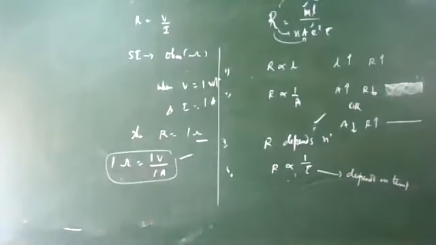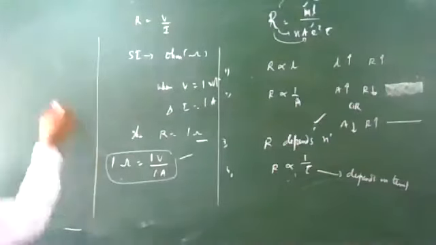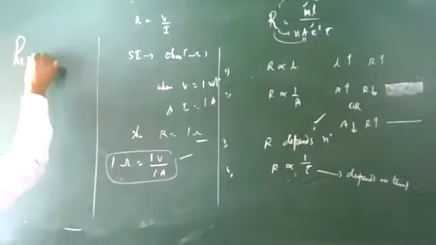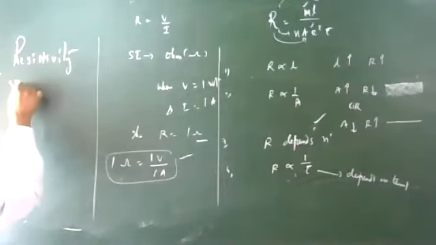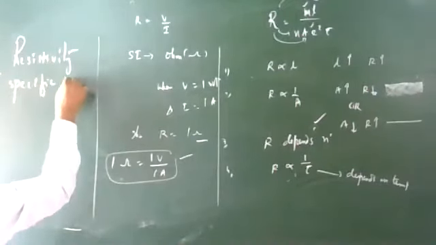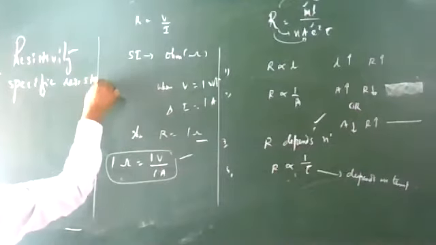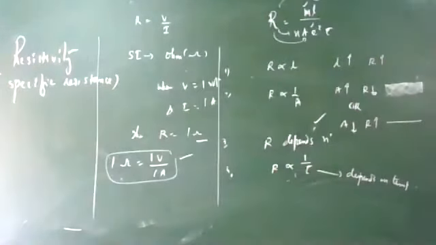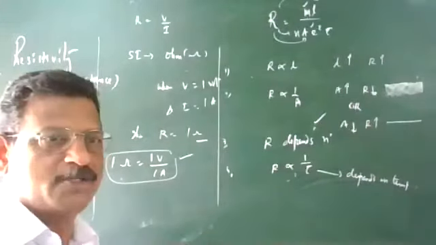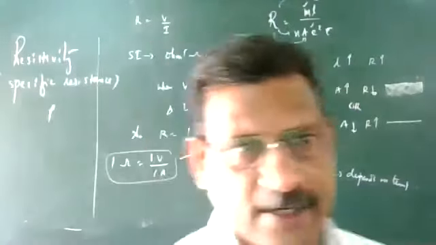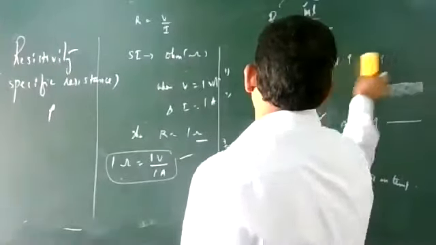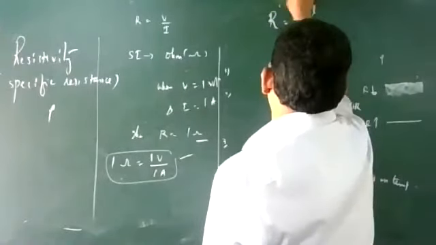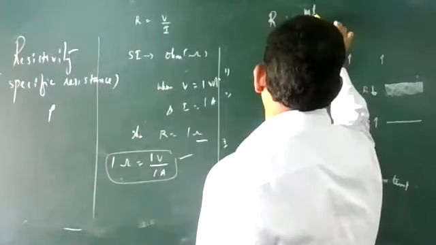So the next important point: what is the meaning of resistivity of a conductor? It is also known as specific resistance. They are very specific about that particular value. This is represented by the letter rho. What is the resistivity, or the specific resistance, of a material? This can be taken from the same equation of R: R equal to m upon n e square tau, times L by A.